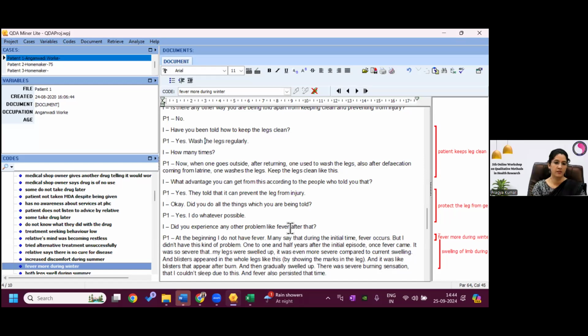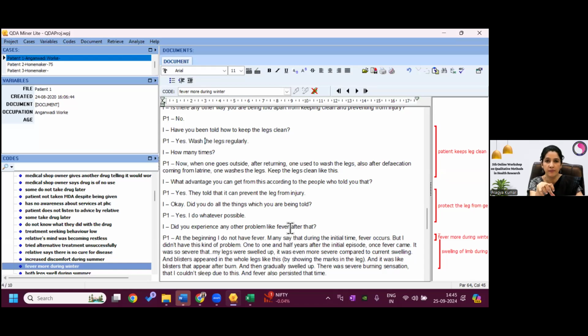Okay. Any other query before we move to the next commands on QDA, creating the category and subcategory over here. You have seen this in the Excel, but in Excel you do it for yourself. If you have organized your codes, now the same thing you will do here by seeing your Excel, because in Excel organization is easy. So managing codes first there and then converting those categories here in the QDA.